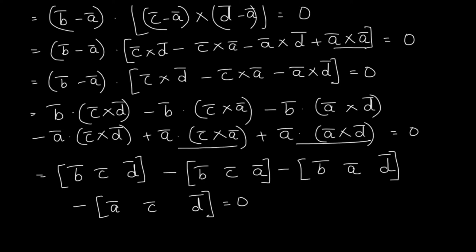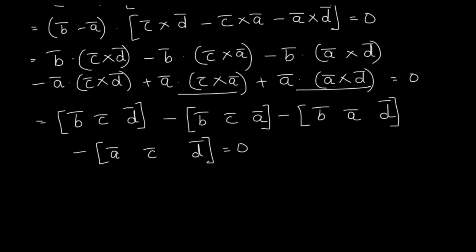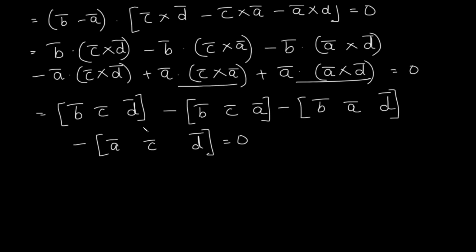Now to prove whatever they want us to prove, we just rearrange these terms. So BCD is there in the question. So we write it as BCD itself. Now minus BCA. This can be rearranged, and